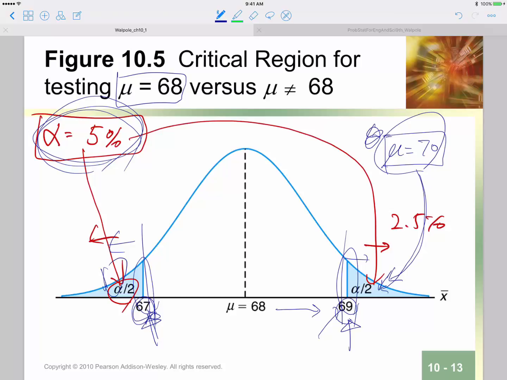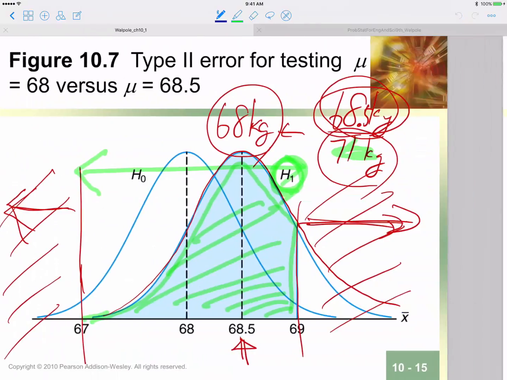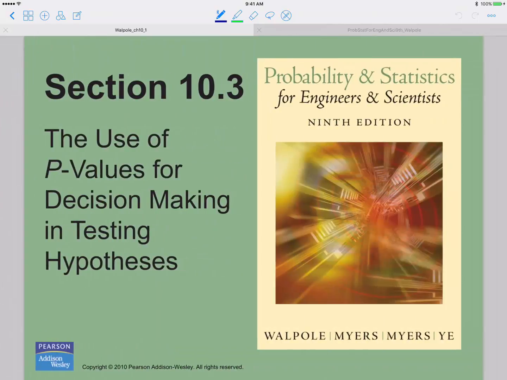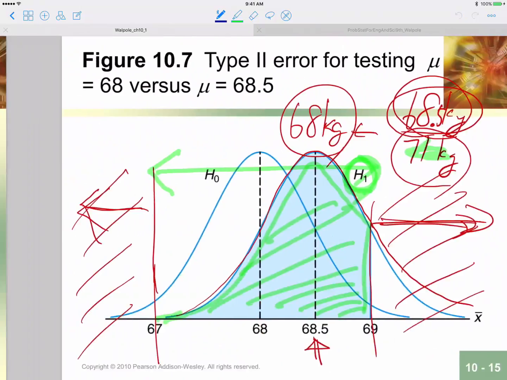But there is a slightly different scenario. In the second scenario, we do not specify the alpha value. Your boss is no longer saying, okay, you are only allowed to have 5% of wrong rejection. That is not the case. We are not given this alpha value in advance. And what we do is to use the p-value. Okay, so using this figure,